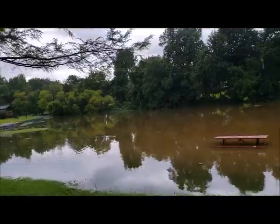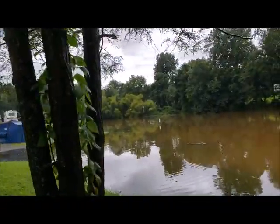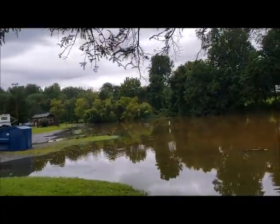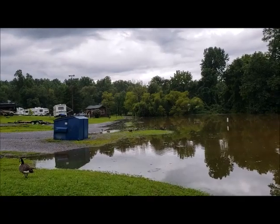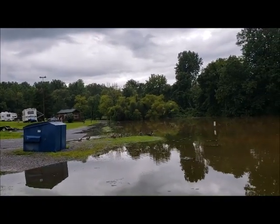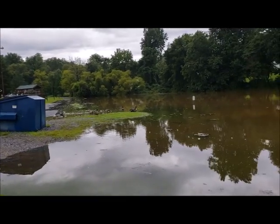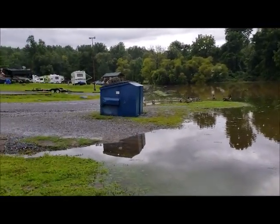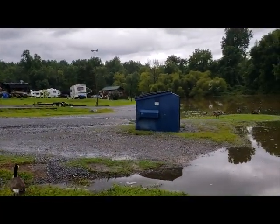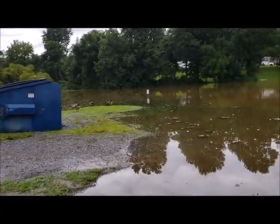Here's some geese hanging out again. They don't seem to mind the extra water. In fact, this one over here is dancing around. I don't know if you can see that. He's taking a bath in this water over here. And as you can see, the water has come up here. This is another area that washes. It's wash water from the pool area. And normally,